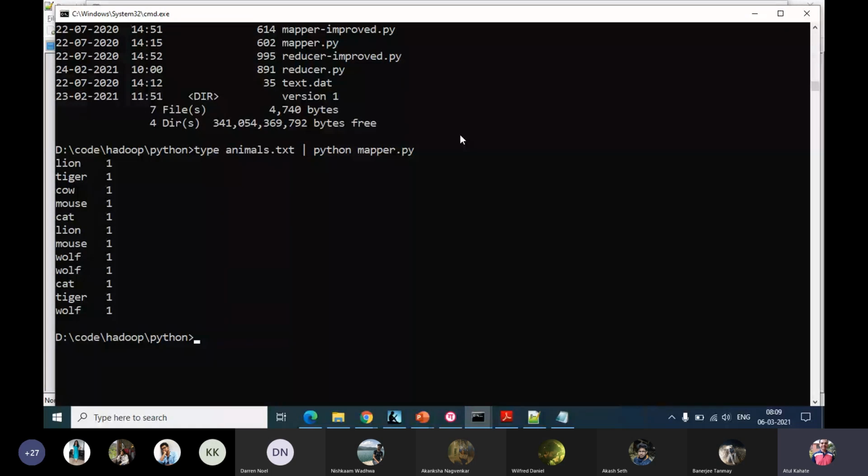For that purpose, we will first identify what the reducer code requires. In this case, the reducer code is going to require all the individual words along with their initial count, which is 1.